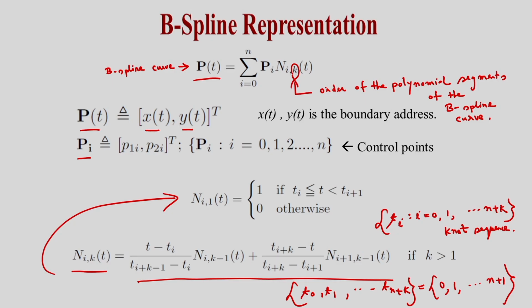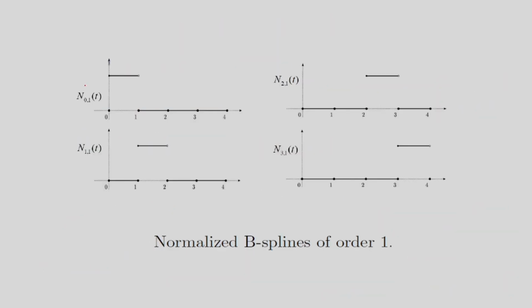So in this case I have defined the B-spline curve, and in this figure first I am showing the B-spline of order 1, and after this I have shown N11, after this N21, and after this N31. And in this case how many knots am I considering? 5 knots in this case. You can see 0, 1, 2, 3, 4. So that means I am considering 5 knots. And in this case you can see I am plotting the functions N01, N11, N21, N31. That is the B-spline function I am considering.